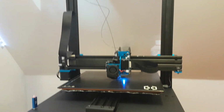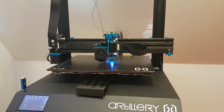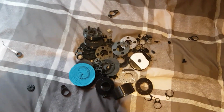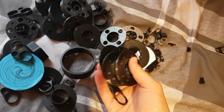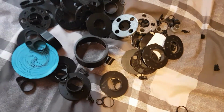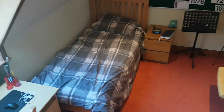All the parts were printed on my Artillery Sidewinder X1. Since I designed all the parts, it took a lot of prototypes to get the right tolerances and gear size. And for some reason, I thought it was a good idea to put my 3D printer right above my bedroom, which caused a lot of, well,